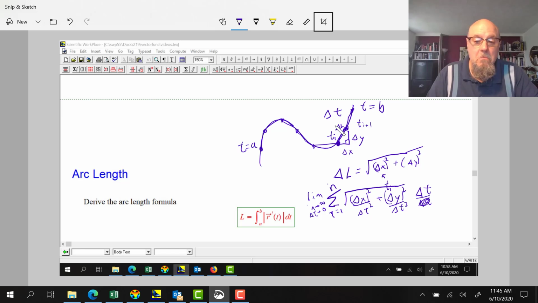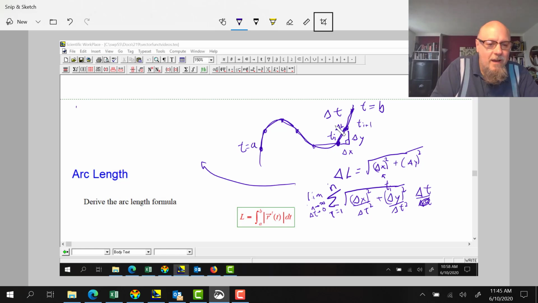So let's clean this up. Let's go to the actual typing thing and clean this up. Let's put an arrow over here. Okay, so right now I've got the limit as n approaches infinity, which means delta t goes to 0, of